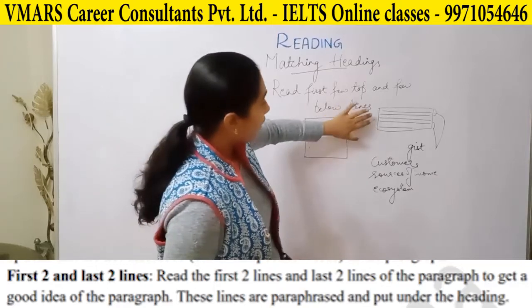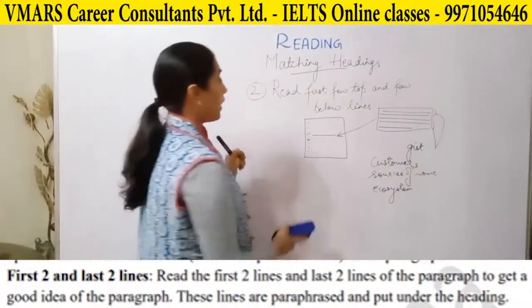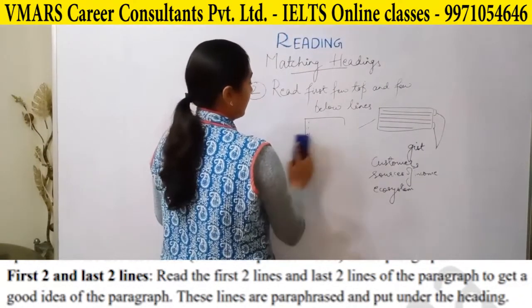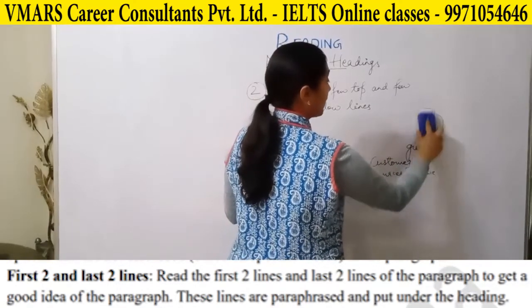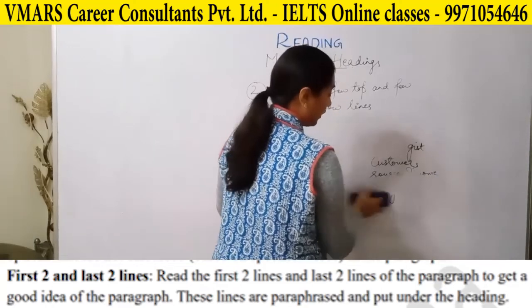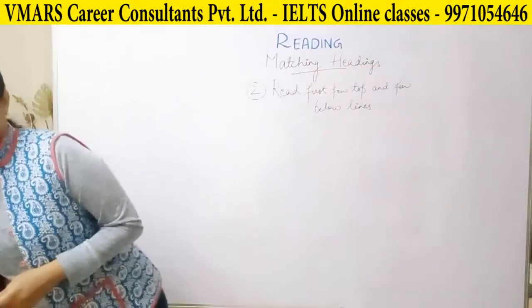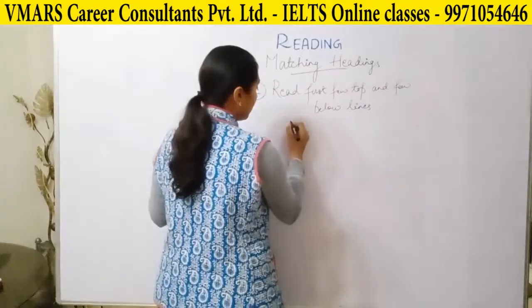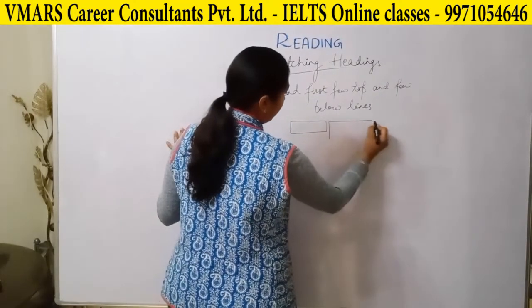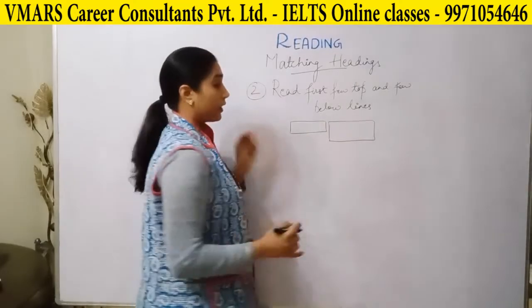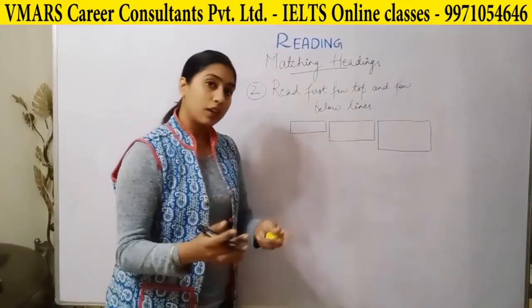I have taken a paragraph which has 4.5 lines. Imagine a scenario that you have a paragraph which is like 4 lines or could be 10 lines. In that case, how will you decide which are the first few lines you are going to read? Okay, in a scenario, I'm just making some boxes. This is the length of one paragraph. This is the length of another paragraph. This is the length of another paragraph.